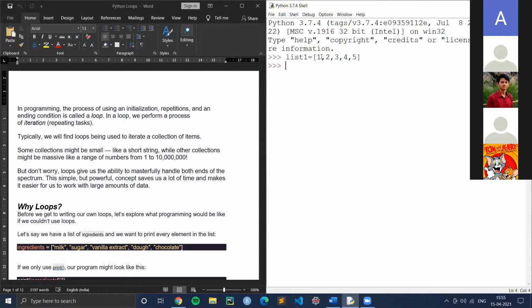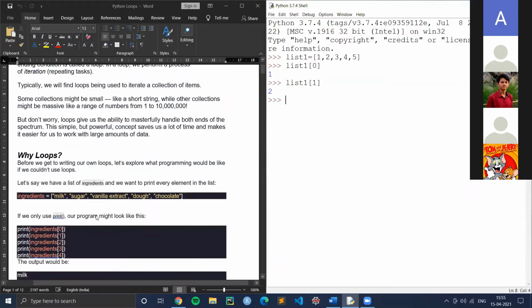Now I want to access elements from the list. If I want the element at the 0th index, what would I do? I would write list1 because I'm taking it from list1, and write 0, and I would get 1, because indexing starts at 0 and goes from 0 to n minus 1. So it goes 0, 1, 2, 3, 4. In the same way, if I want the second index, I would write list1 of 1, and the output would be 2. So to access elements in the list, I have to write list1 of 0, list1 of 1, list1 of 2. I have to write it 5 times.